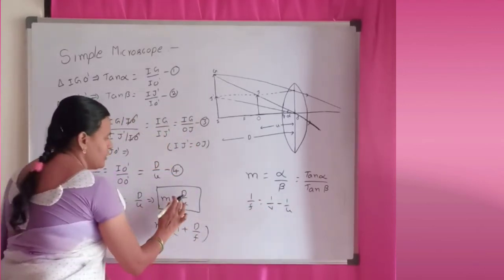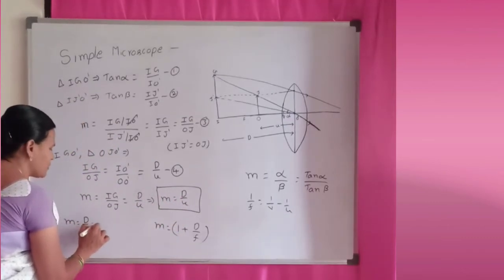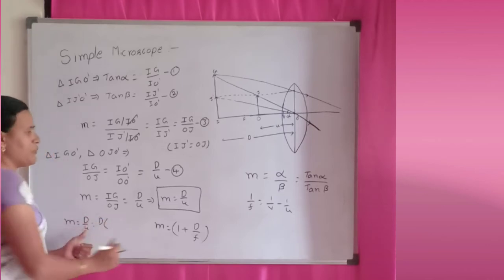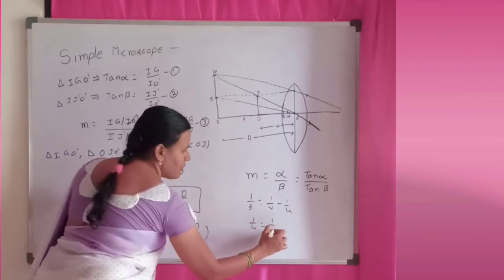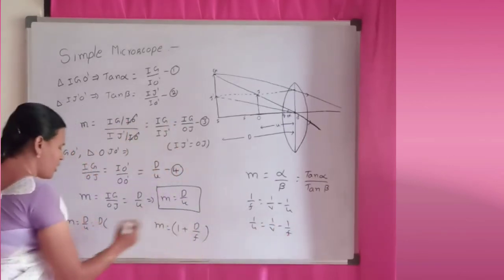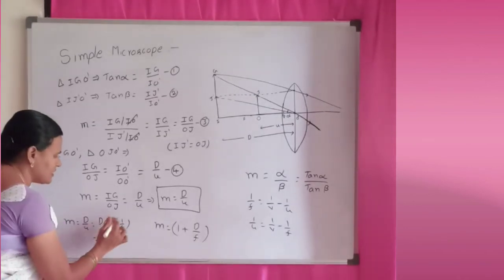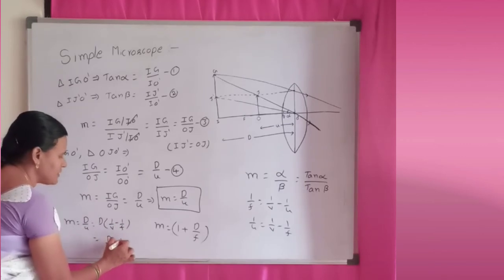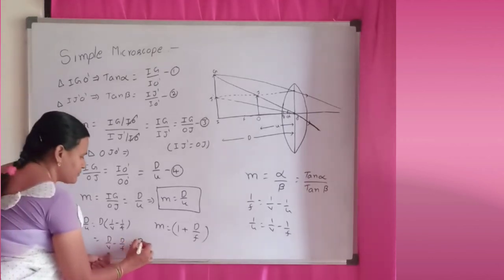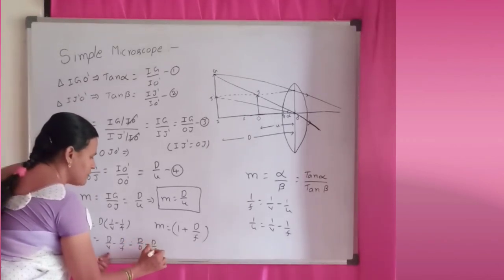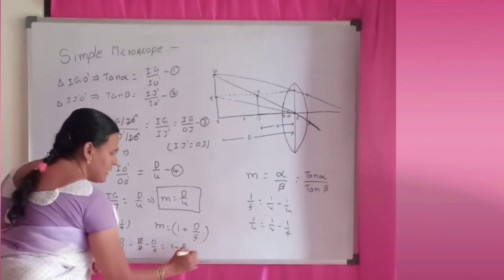By this equation, observe that M is equal to D by U, which means D into 1 by U. Then 1 by U comes to the left side, so we get 1 by V minus 1 by F. I am substituting that value, 1 by V minus 1 by F. By sending D to the inner side, D by V minus D by F. But V is also equal to D, we know that already. So D by D minus D by F. D will be cancelled, so we will get 1 minus D by F.